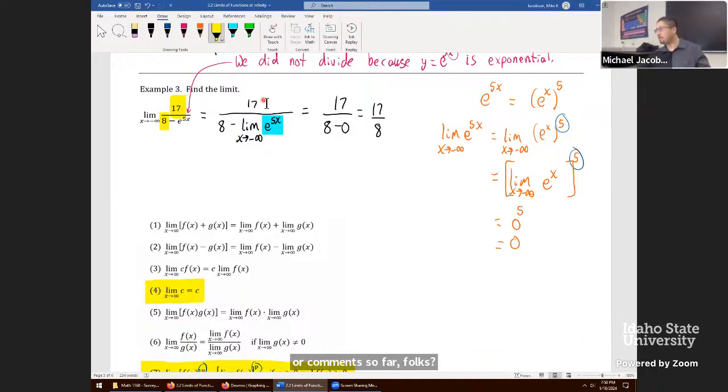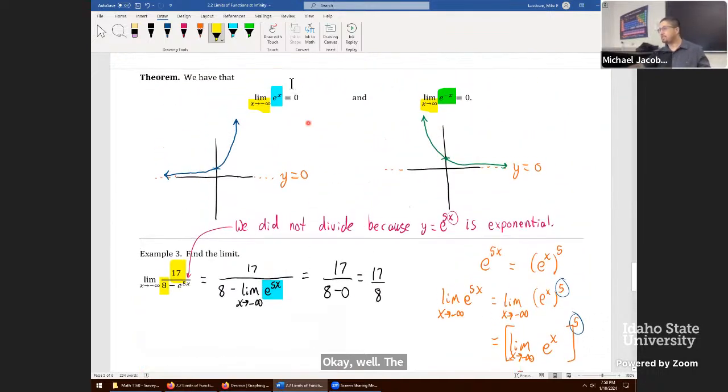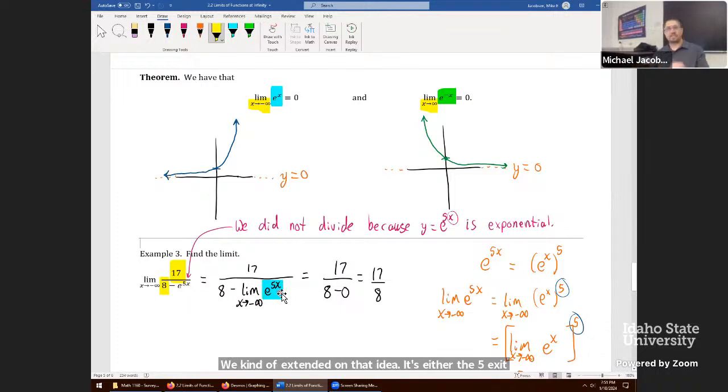Okay. Well, the idea of this whole problem right here was if it's e to the x and you're going to negative infinity, you get a limit of 0. But we kind of extended on that idea. If it's e to the 5x, if it's e to the 12x, same deal. Only thing that could change that is if you have a negative in there. So if this was a negative 5x, whole process falls on its face. It's a different answer. So if you have a negative x here, you'll get a value 0 if you're going to positive infinity. And if it was, say,